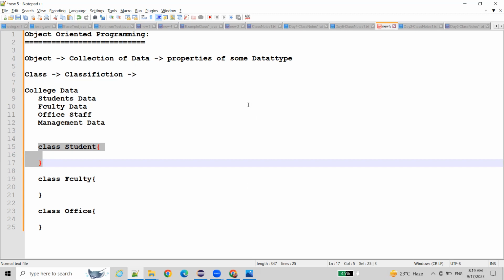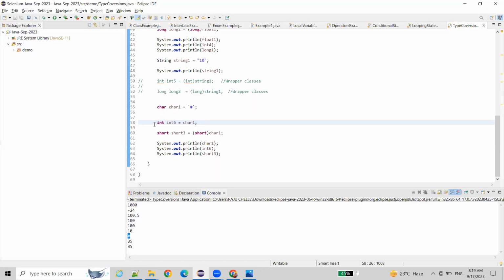How are you accessing that data? For example, we have this notation: int is for allocating the memory, and some value you are storing. How are you accessing it? You are accessing it with the name of that memory location. Similarly, here also,